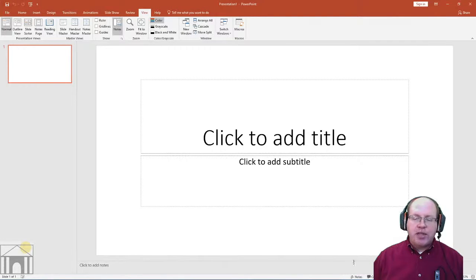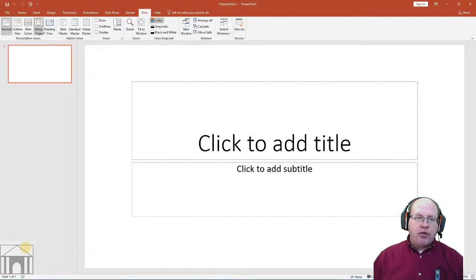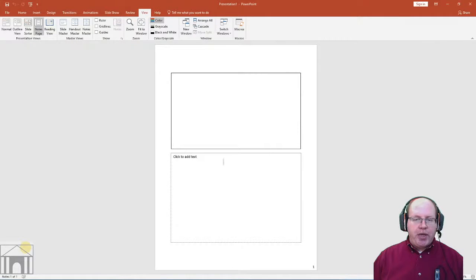It doesn't give you a lot of real estate. It's a lot easier, especially if you're going to be writing a lot of notes, to write it and be able to put it into this box here. This also ends up being printable, so you can print out your presentation showing the slide and the notes underneath. You can use that as a handout, or for your own purposes during